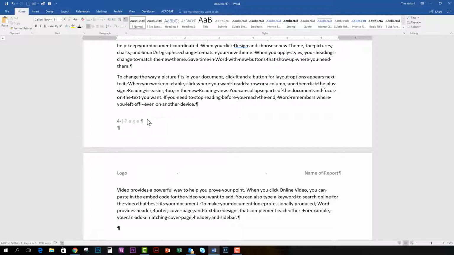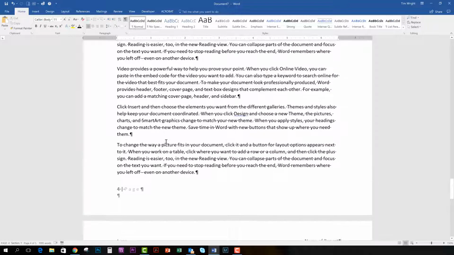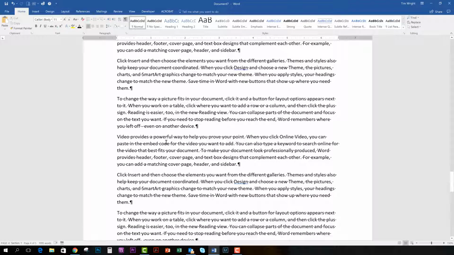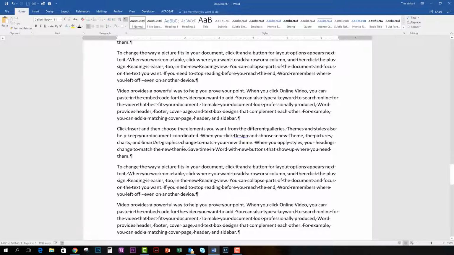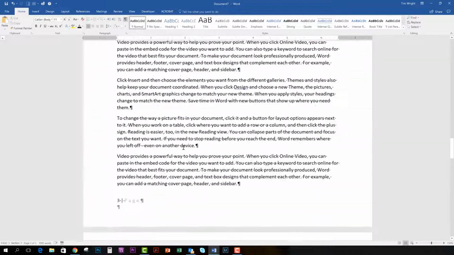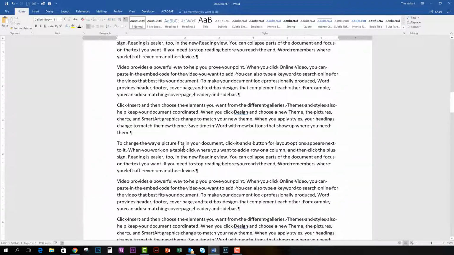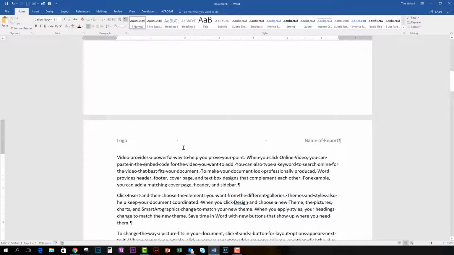Unless, and this is what we need to talk about, you make a new section. Sections can be completely independent. And we talked about that independence before in the page break and section break lesson. So let's just go in and create some section breaks